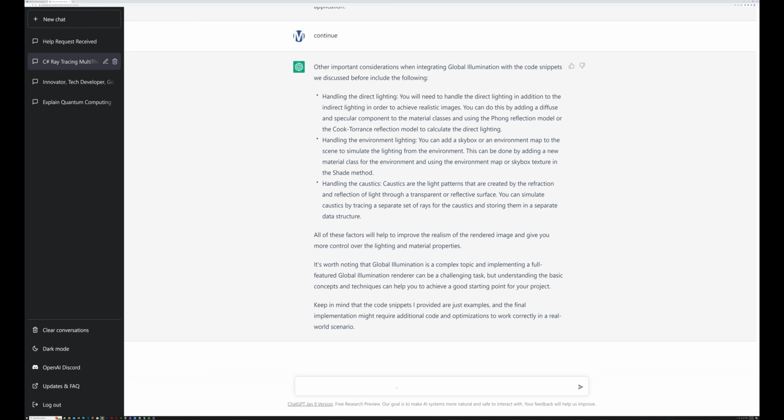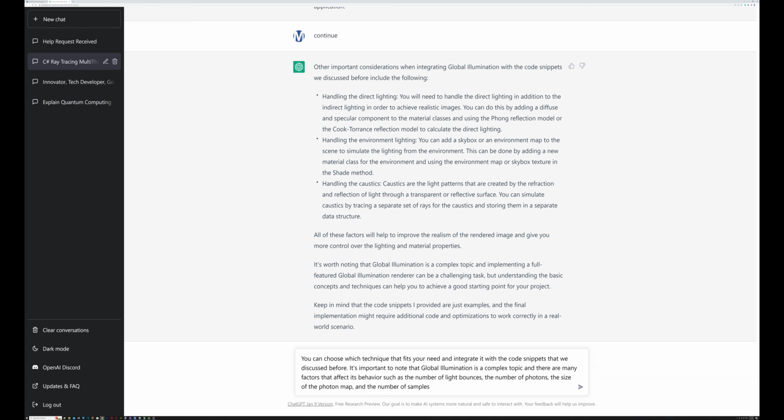Okay, so I copied something that I'm about to ask the AI before we ask for the other example. You can choose the techniques that fit your needs to integrate with the code snippets that we discussed before. It's important to note that global illumination is a complex topic. Let's ask for the technique. An example of the technique, that will be an example of the number of light bounces. Yeah, you can choose. Okay, so I'm going to say